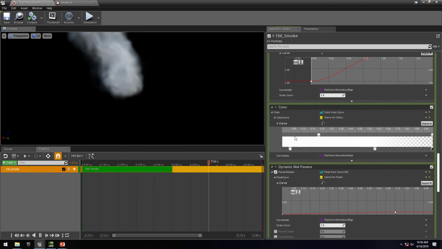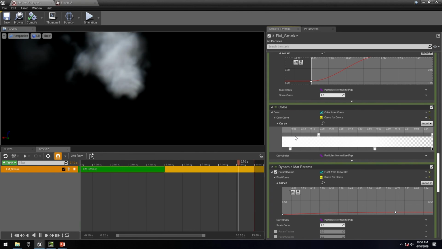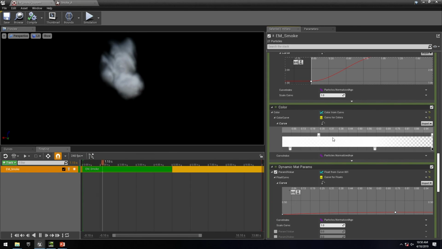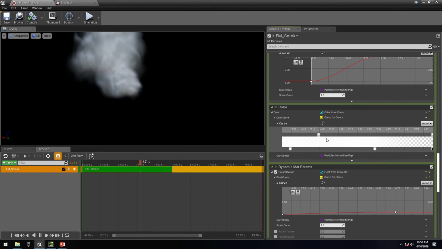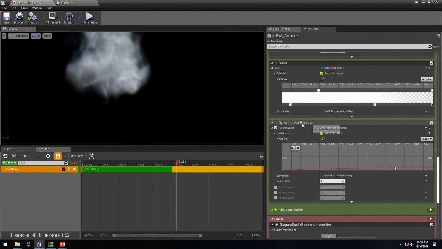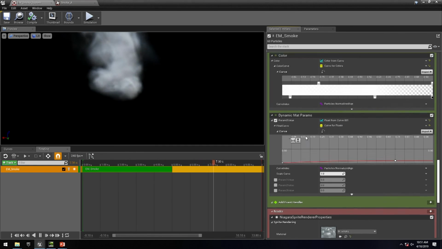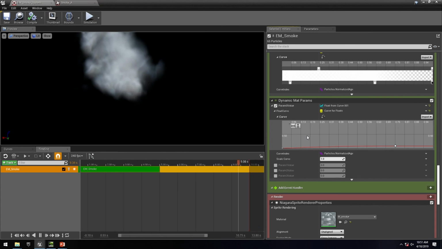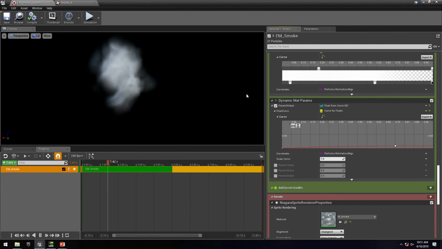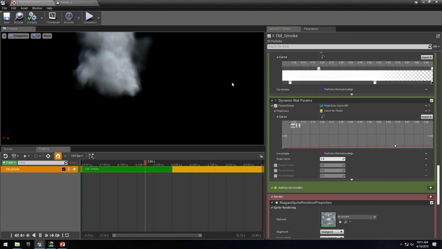And then finally, color. Just setting the translucency to start invisible and then slowly get more visible and then fall off over time. Then finally I have my dynamic material parameter, which basically warps the base texture